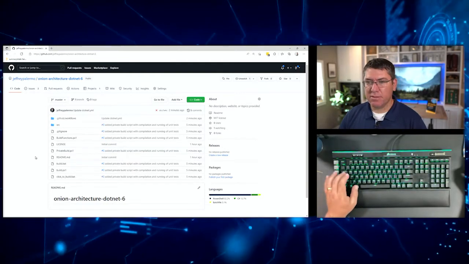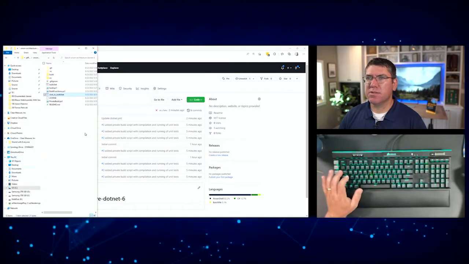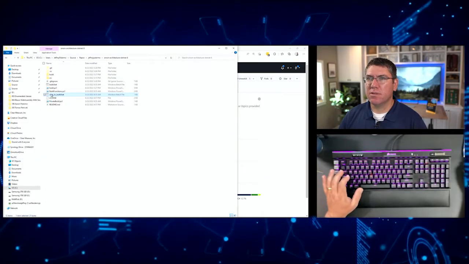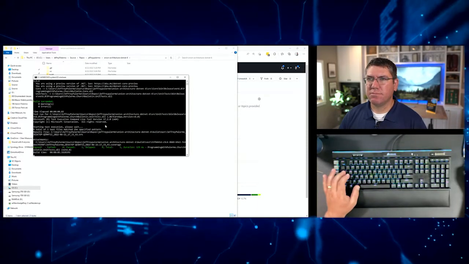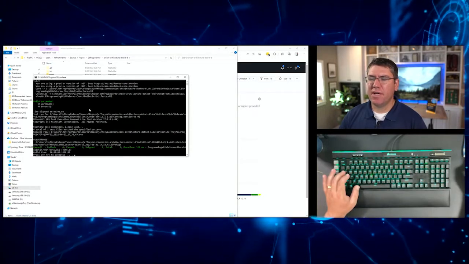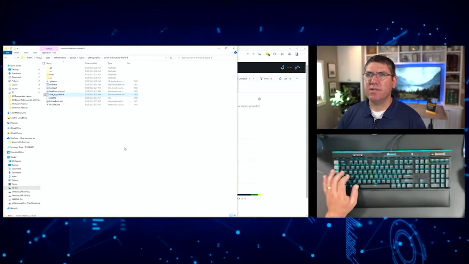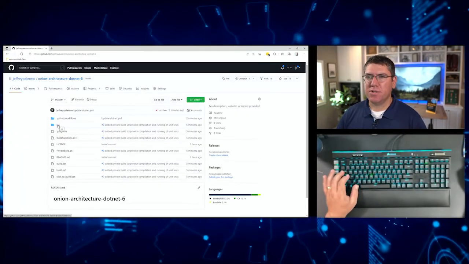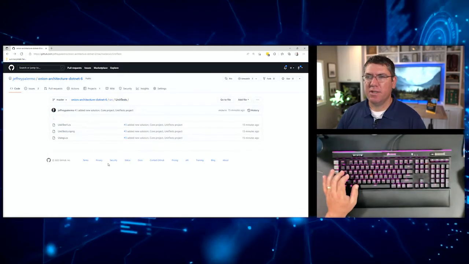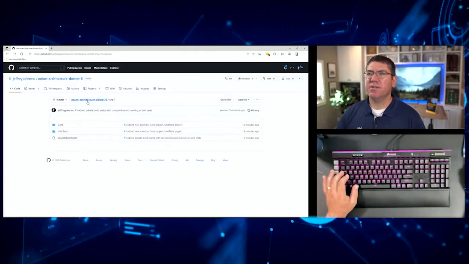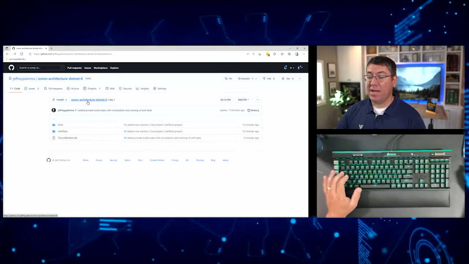Just to actually, I do want to prove that. So I changed something. Okay, it ran again. It's saying you're using a preview version of .NET because I'm running Visual Studio 2022 preview. Okay, that's good. So we have our source, we have our core project, we have our unit test project. Okay, this is the beginning. We are starting to create the foundation of Onion architecture, and we'll come back and progress by adding our first